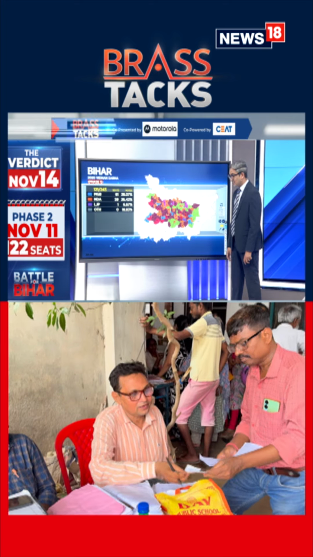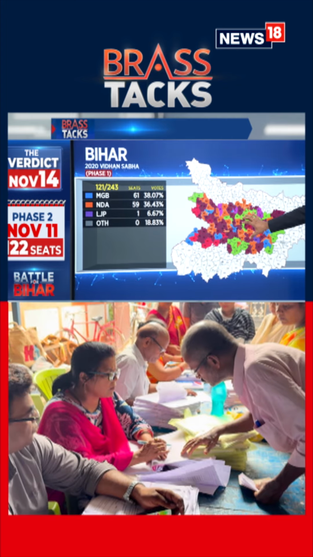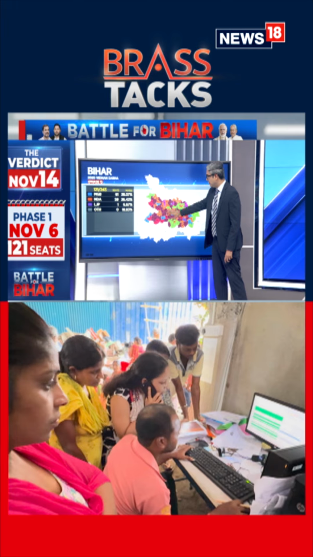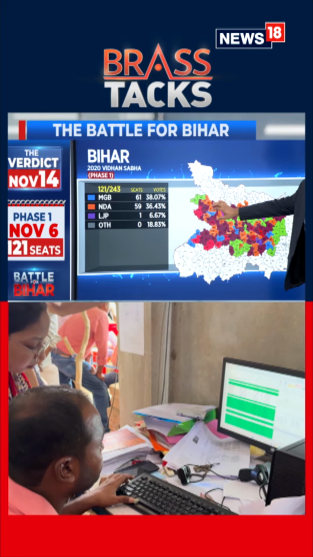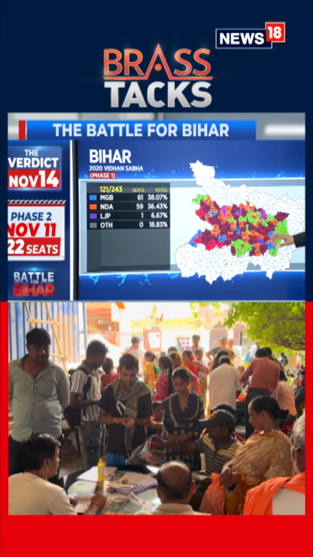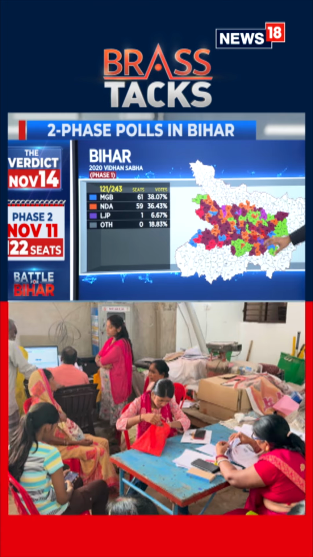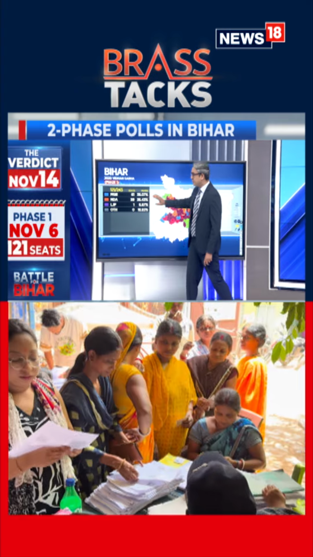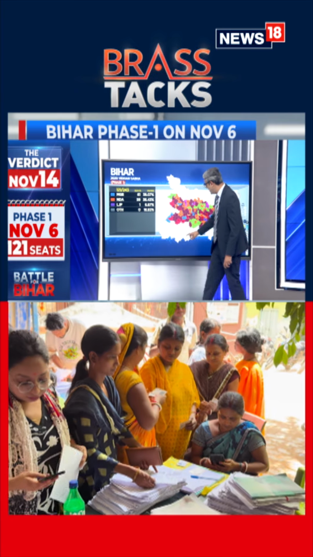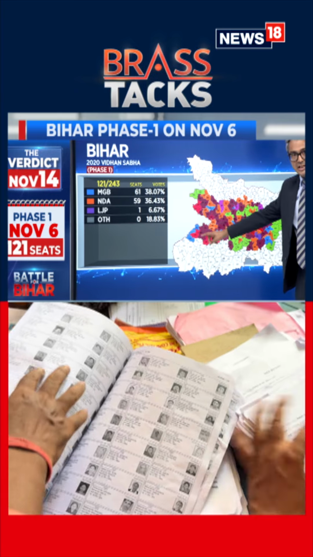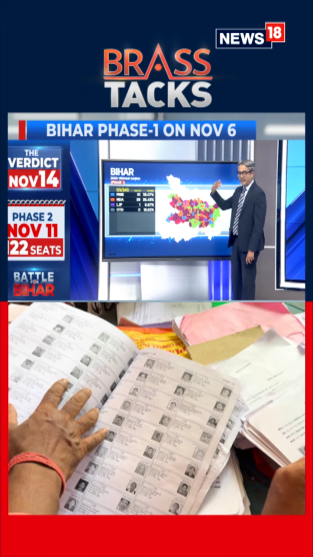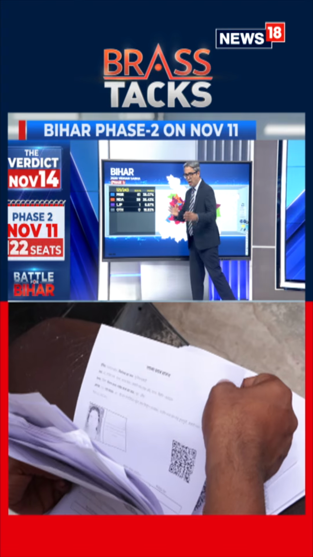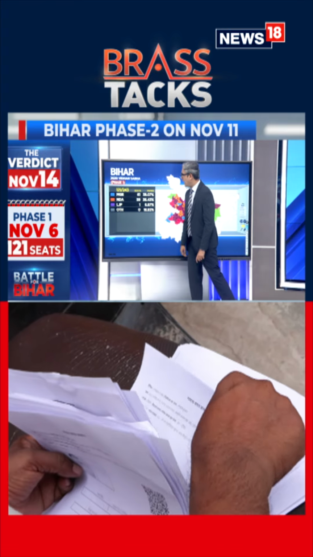Phase 1, which goes on the 6th, this is the central part of Bihar. This is Patna included, which of course is the capital, the Magad region, parts of the Bhojpur region, some parts of southern Mithilanchal have been added as well, and of course a large part of the central part of Bihar. Now this, in 2020, it was evenly split between the Mahagathbandhan and the NDA, largely because the Mahagathbandhan got a bunch of seats in what used to be the erstwhile Naxal belt, as it were, in places like Buxar, Jahanabad, Aurangabad, etc.